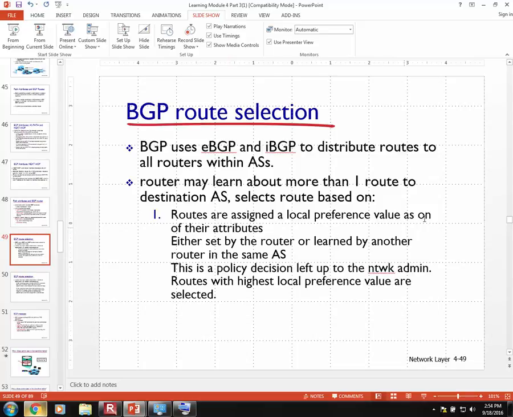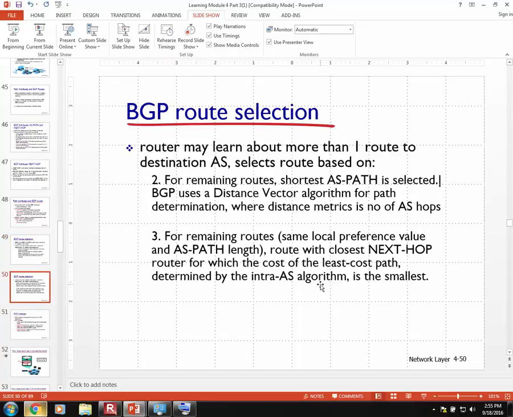as well as on their attributes, either set by the router, kind of a policy thing, or learned by another router in the autonomous system. And this is a policy decision left up to the network administrator. Routes with the highest local preference value are selected. Routers may learn about more than one route to the destination autonomous system, and they may select based on this